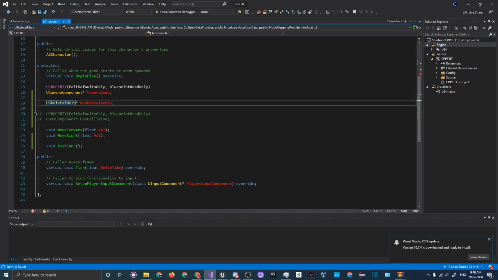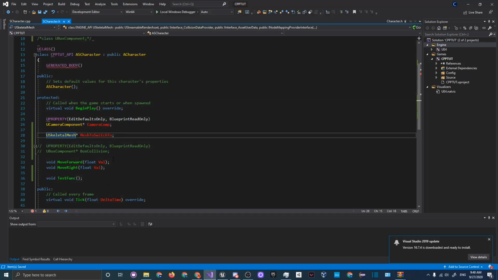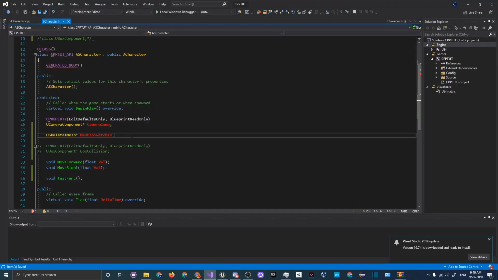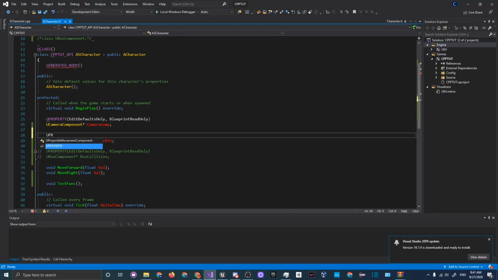And note also that this isn't a skeletal mesh component, it's just a skeletal mesh. Variables like this aren't components, they actually appear here on the right. And remember you have to click on the actual name, the parent of all of these components, to get these variables. So let's actually test something, and I'm going to add a UPROPERTY here on the mesh to switch to. And in parentheses, I'm just going to write EditDefaultsOnly so we can edit it,